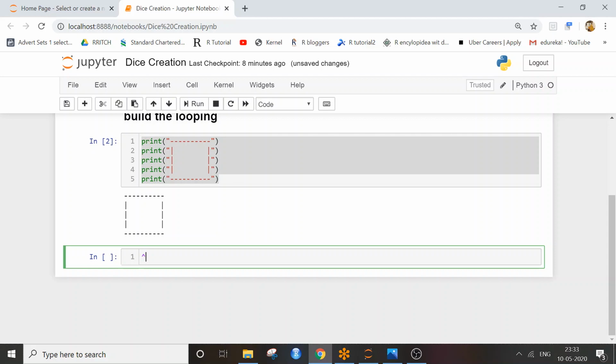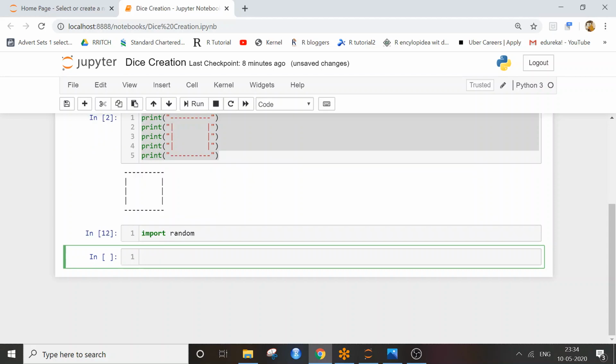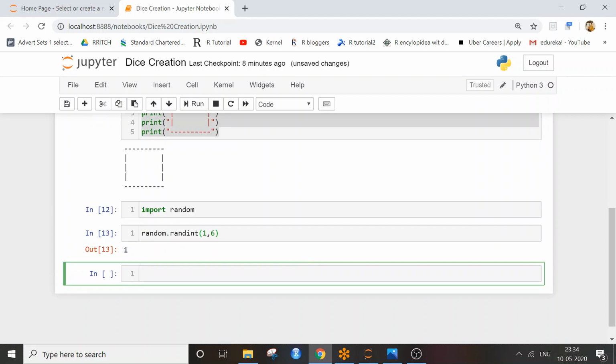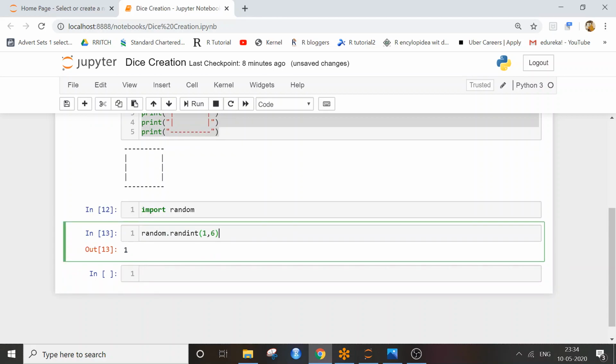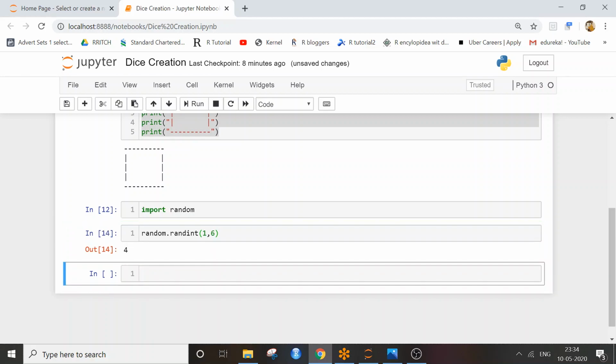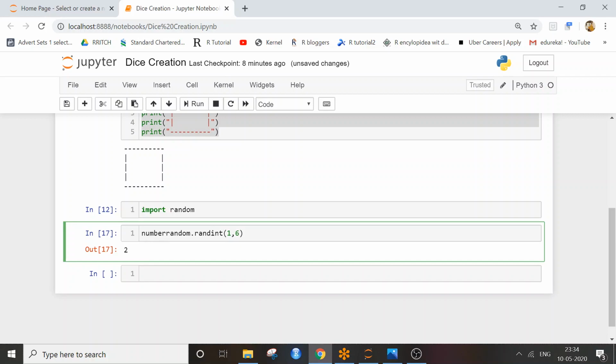So we need 6 numbers now and it should be random. So for that I'm importing random library. Import random dot randint. Randint is a method of random library to generate random numbers. So here I need 1 to 6 numbers, between 1 to 6 any number, and that should be random. So hitting on this generated 1 now. Hitting on this again and again will generate different numbers. As you can see here, it is 4 now, it is 5 now, it is 5 again, 2 now. So let me assign it to a variable called number.